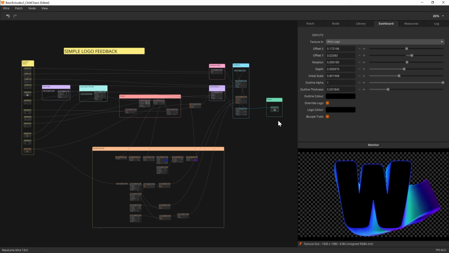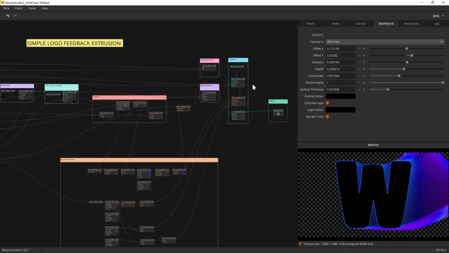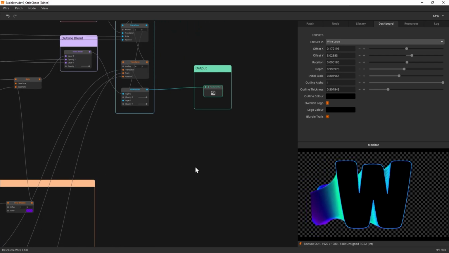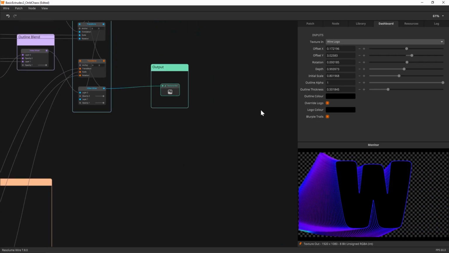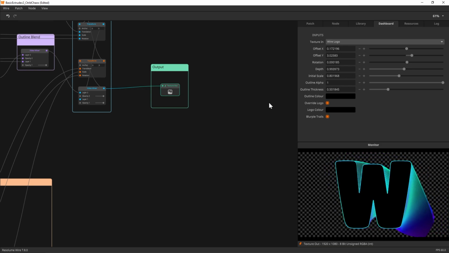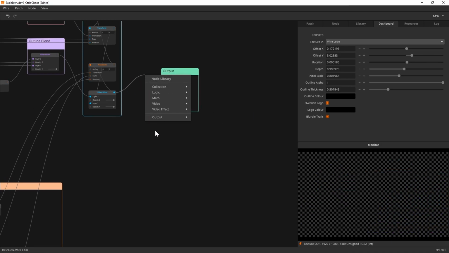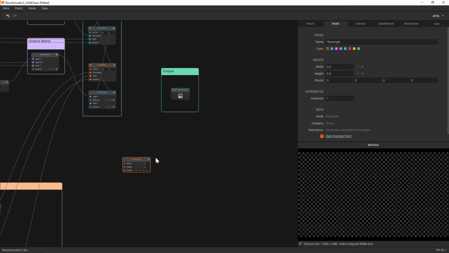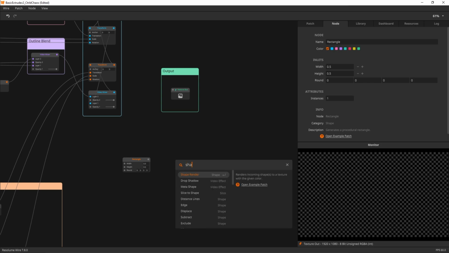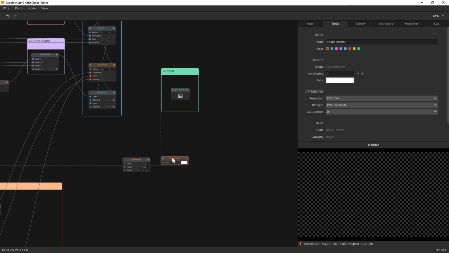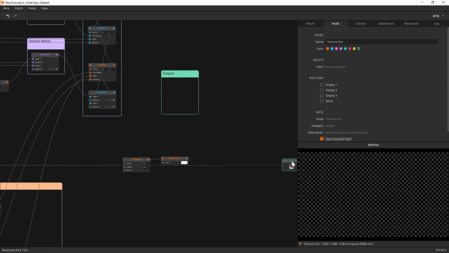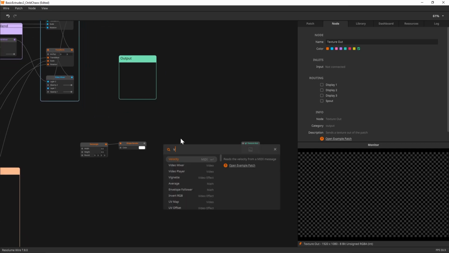And again, the big heavy lifter in all of this is using feedback systems. So let's just quickly do a really simple example of how they would work. If you haven't seen the Resolume training on instances, let's just unhook our output. Let's just come in here and go for a rectangle. Let's go a shape render. Connect that in. And we want to have, let's go about texture out down here. We want to have a video mixer, if I can spell,